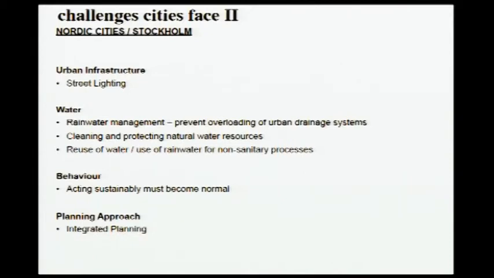Water is crucial, the rainwater management here, to prevent overloading of the drainage systems and reduce the energy that you need to put into drainage systems to deal with the water. Cleaning and protecting natural water resources, reusing the water, and generally, on a behavioral side, acting sustainably must become more normal. And all of these claims, which seem to be very common sense for any municipality currently that tries to green itself,